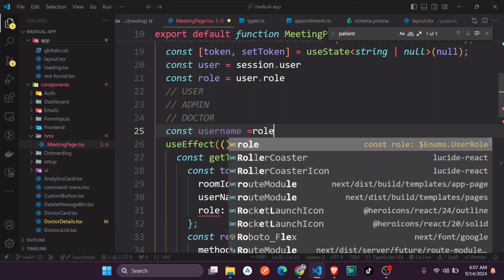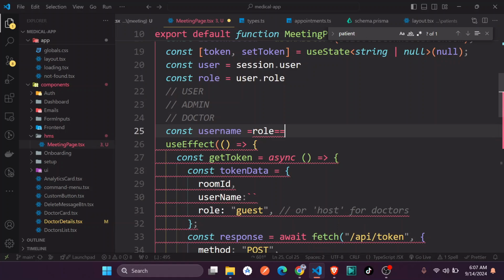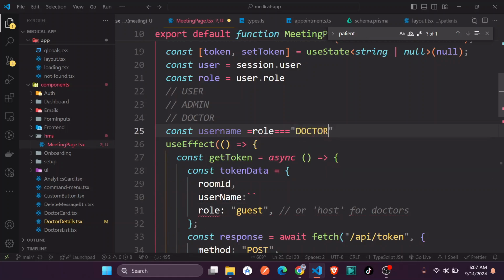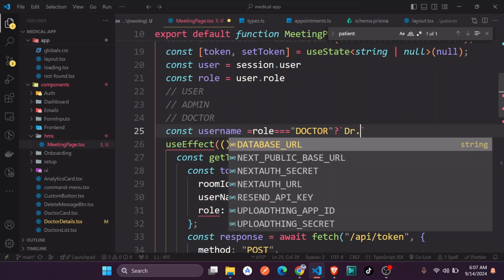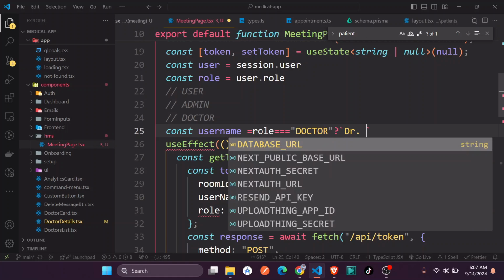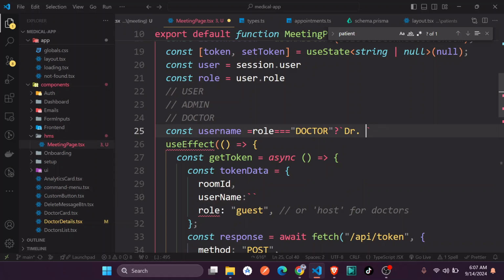So if role is equal to doctor, okay, if the role is equal to doctor, then the username is going to start with doctor. I just want to have doctor at least on it, and then we say doctor, and then we say dollar